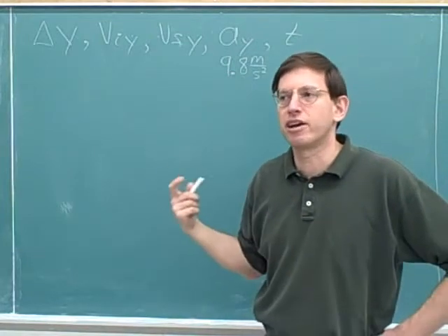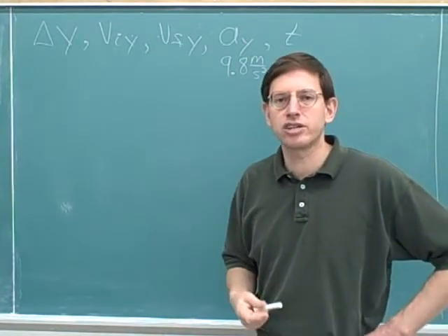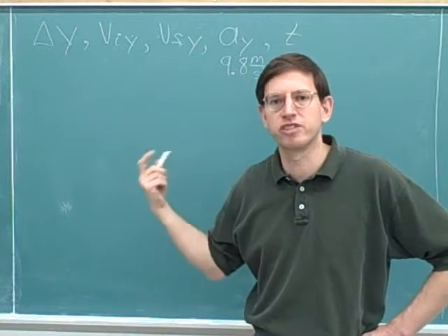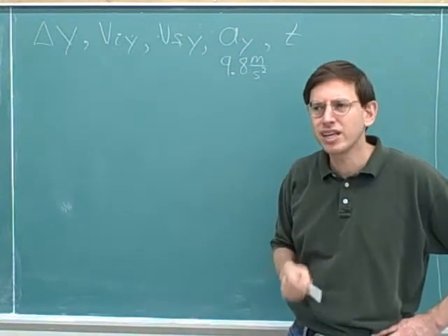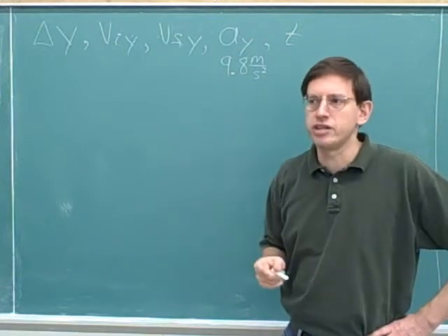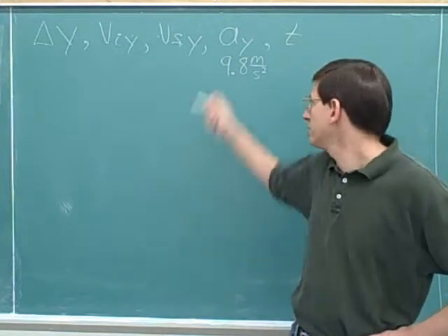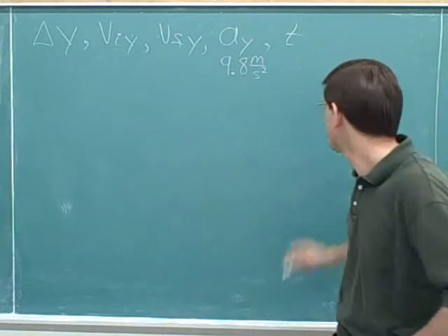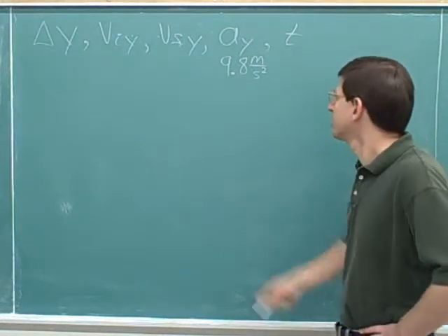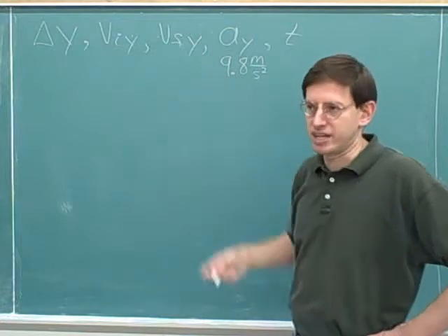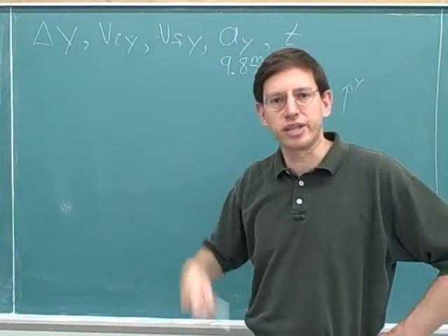And I've been emphasizing how important it is to always put a sign, not just in front of negative numbers, but also in front of positive numbers. So should this be positive or negative? That was actually a trick question. Until we choose our positive direction, we don't know whether this should be positive or negative. If we choose up to be our positive direction, then this should be negative